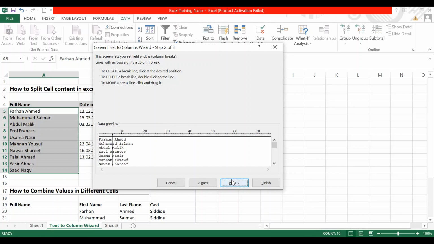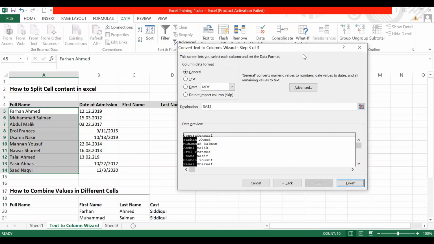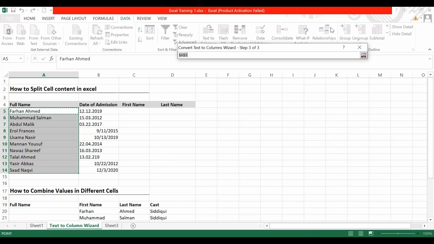Let me do this. When I have adjusted the width manually and press Next, it asks me in which cells I want the split values.